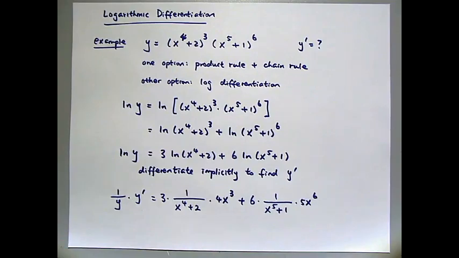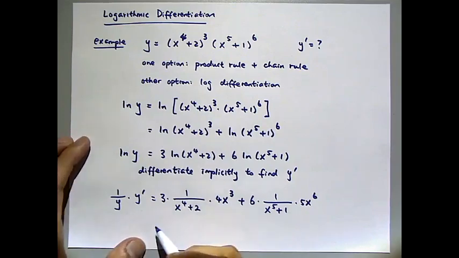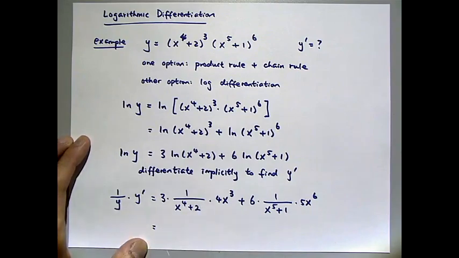Okay, so notice that instead of doing product rule and chain rule, all I did was use simple derivatives of natural log with chain rule. But that's not hard. Let's simplify the right-hand side just a little bit before we deal with that y. So what do we get? We get 12x cubed over x to the 4th plus 2